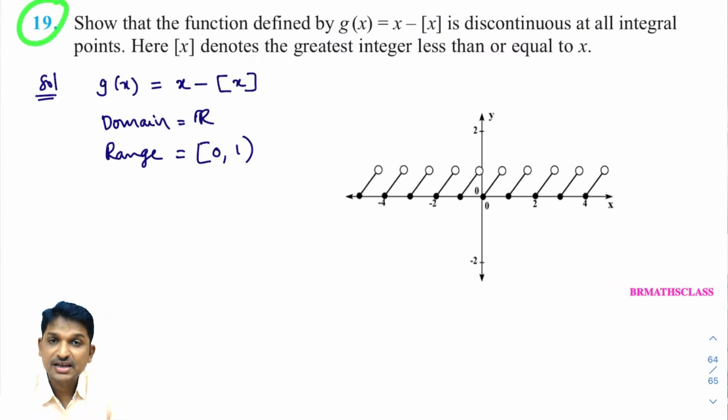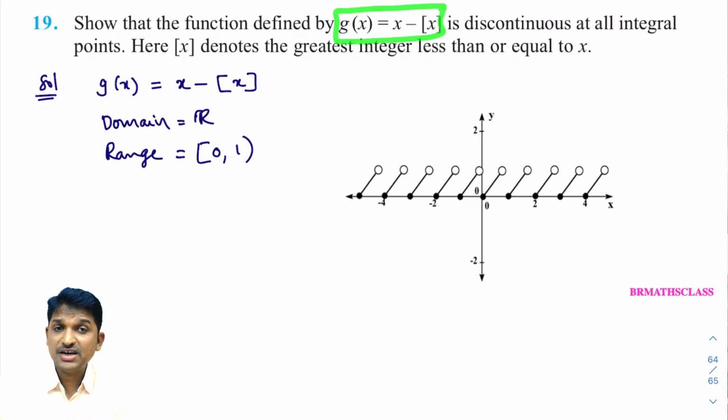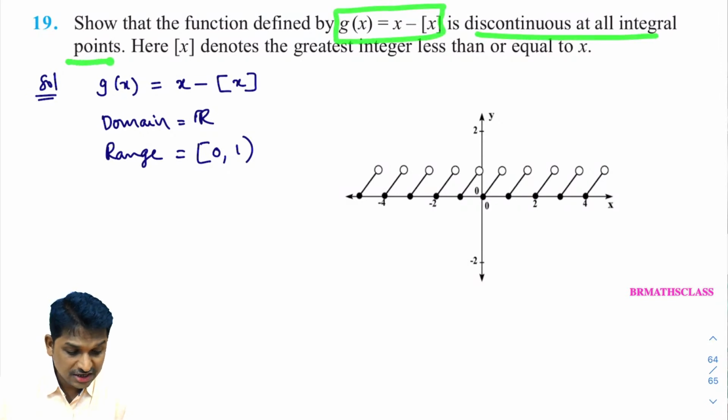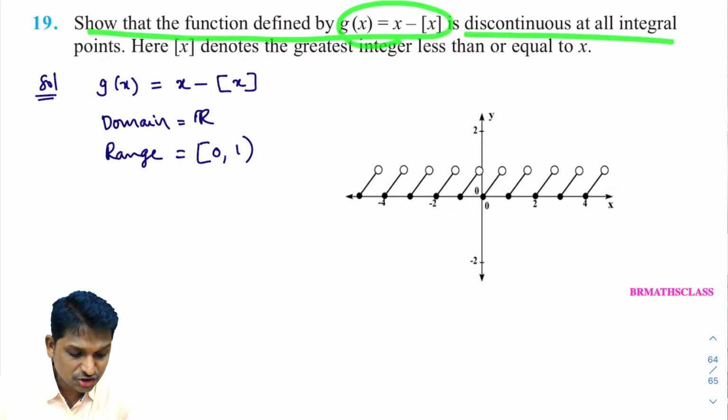Now you observe this one. Question number 19, last question. Show that the function defined by g of x equal to x minus step x, this is fractional part function, which we learned in class 11, is discontinuous at all integral points. We need to show that this function, fractional part function, is discontinuous at all integer points. To check